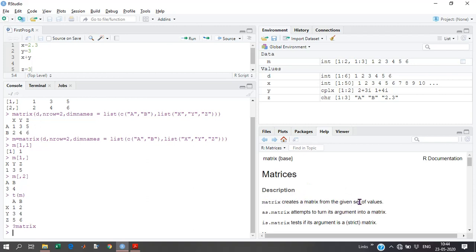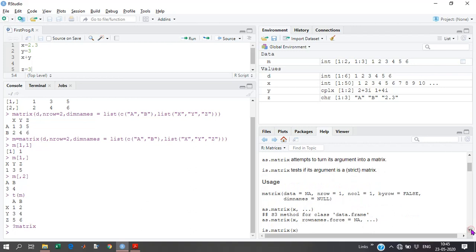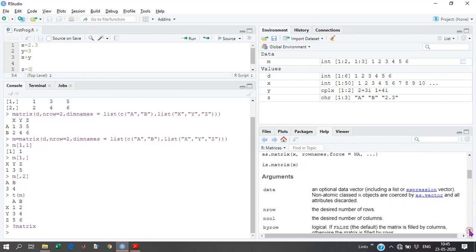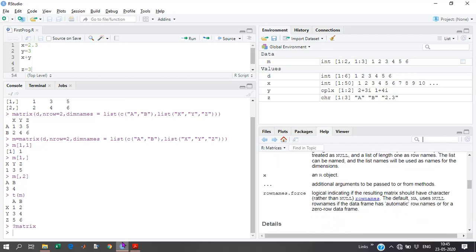Matrix creates a matrix from the given set of values. as.matrix will attempt to turn the argument into a matrix, whether it is a matrix or not. Here you can observe nrow and ncol, byrow is false by default. We have discussed it, but there is help available here, so you can go ahead and find out what matrices can do.